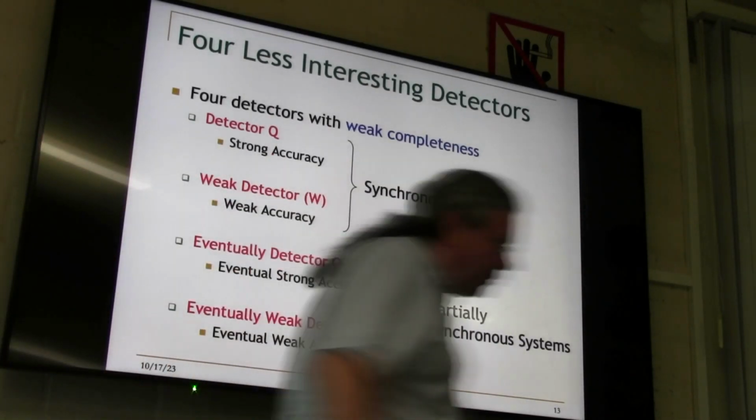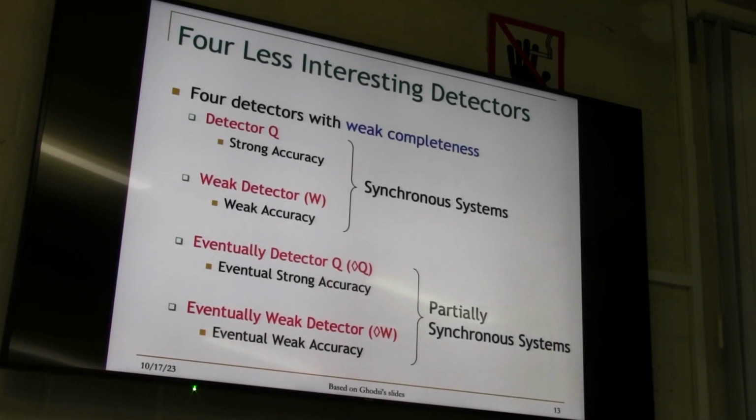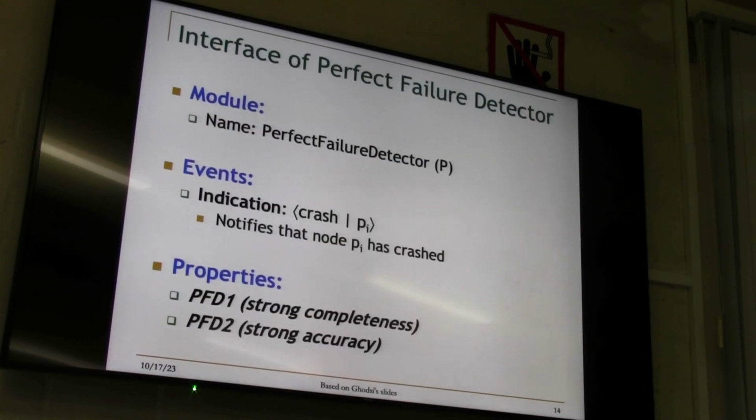So these are four other failure detectors, but they're not used so much. Let me now explain how to implement them. I will show you the interface, the properties, and we write the code. I will show you the two most interesting ones, P and eventually P. I'll start with the easy one,